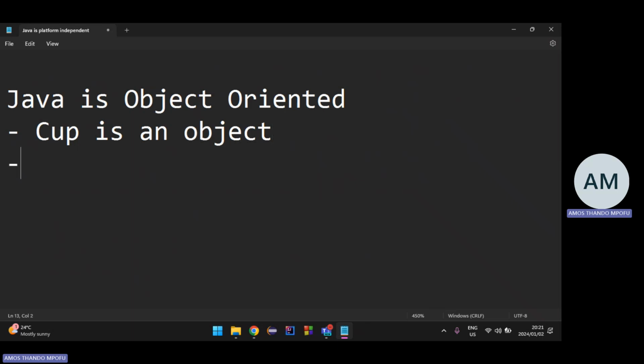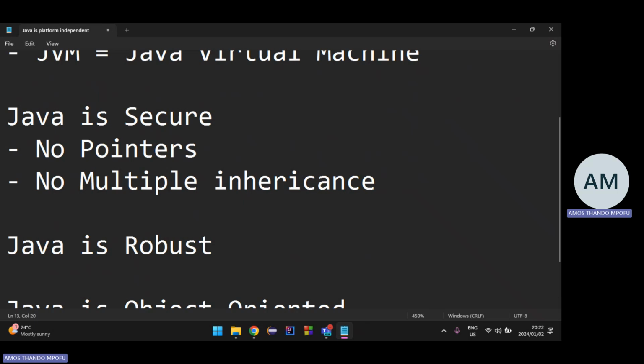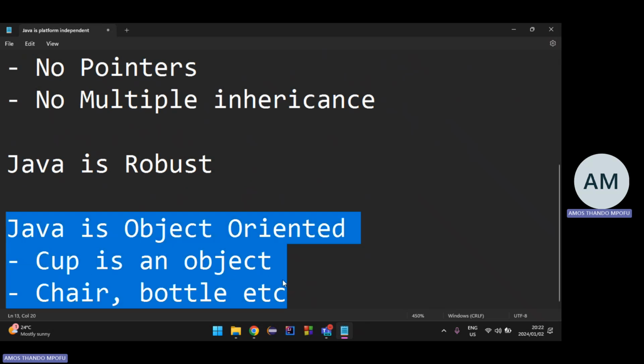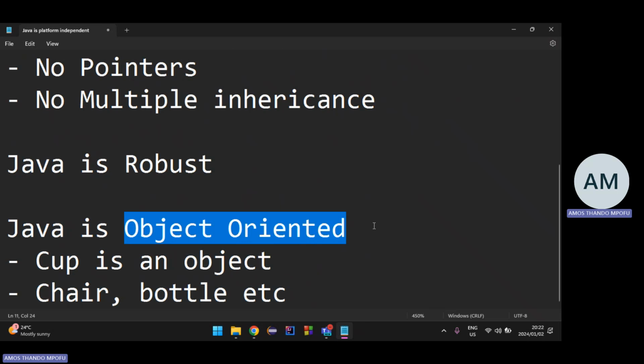Then we also have a chair, a bottle, etc. That's the perspective that the creators of Java had in mind.